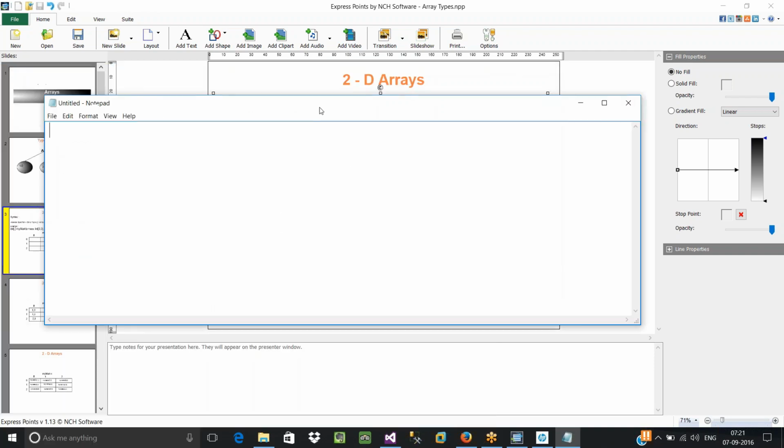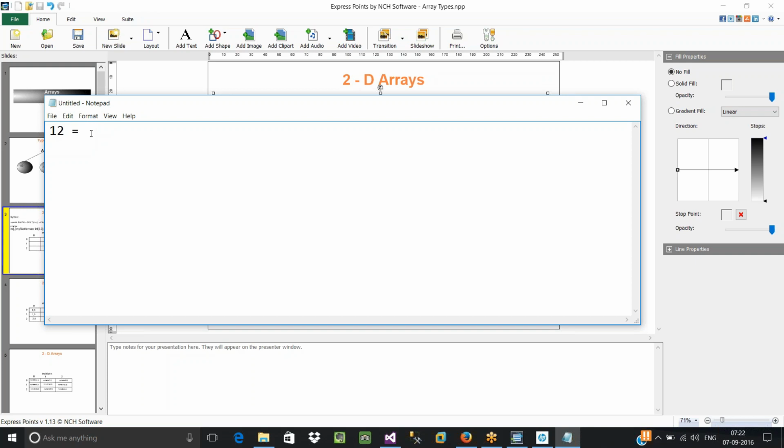Let's say in one scenario, I'm going to get 12 elements from the user. As per my requirement, I need to arrange this data in the form of rows and columns. It means that needs to be stored in a 2D array, a two-dimensional array. So there I'll have to decide, in order to accommodate 12 different elements, what should be the size of my array, how many rows and how many columns to be created. So how many elements are to be stored?